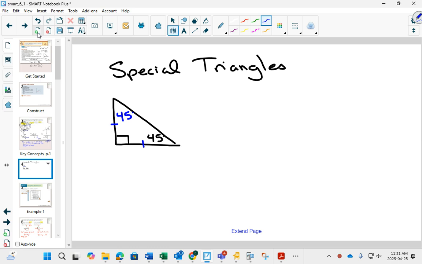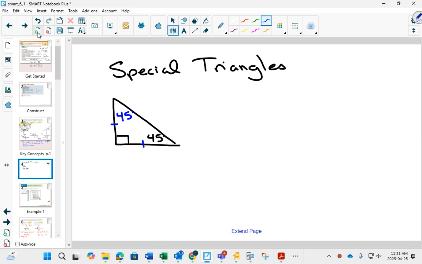This is really important. The idea of trigonometry is your trig ratios, which are built into your calculator. They don't matter how big or how small. Like I can draw this triangle with 45 degrees this size. I could draw it way bigger. I could draw it way smaller. But apparently, the ratios always have to be the same if you have the same angles. So if these sides are the same,